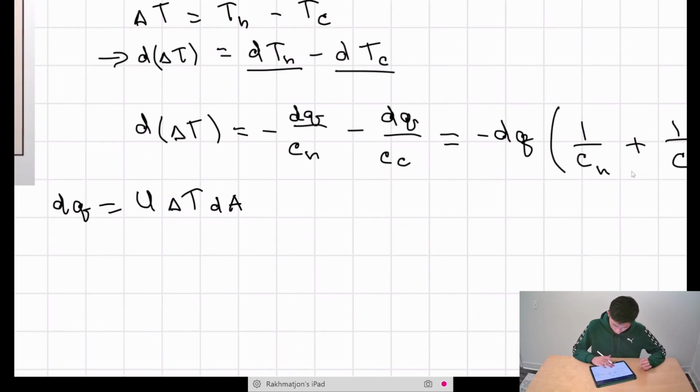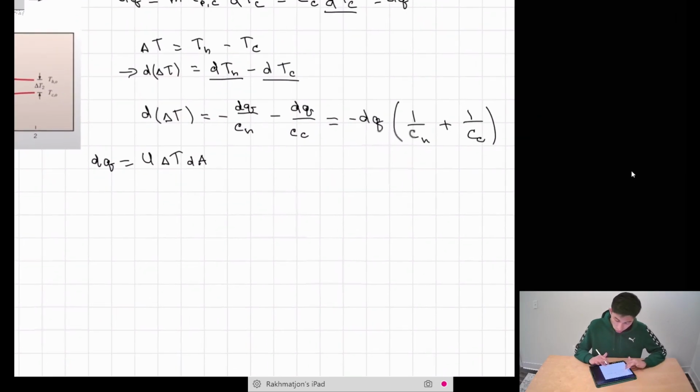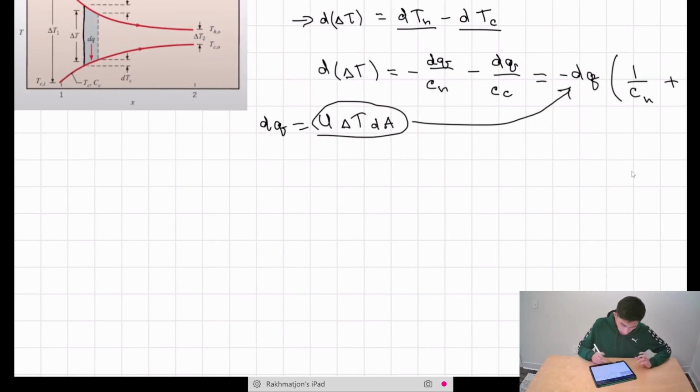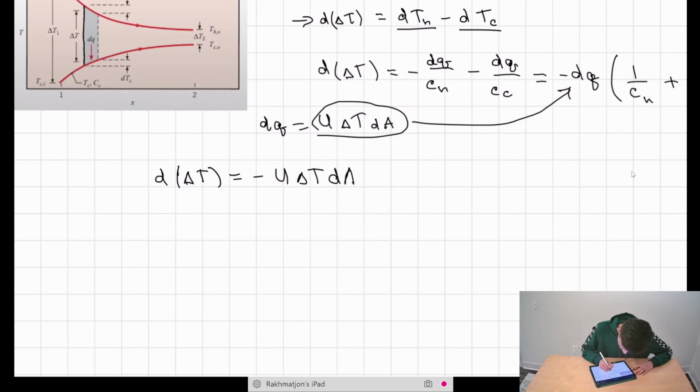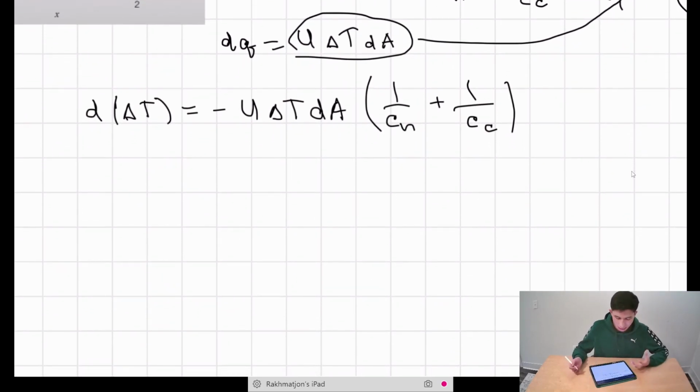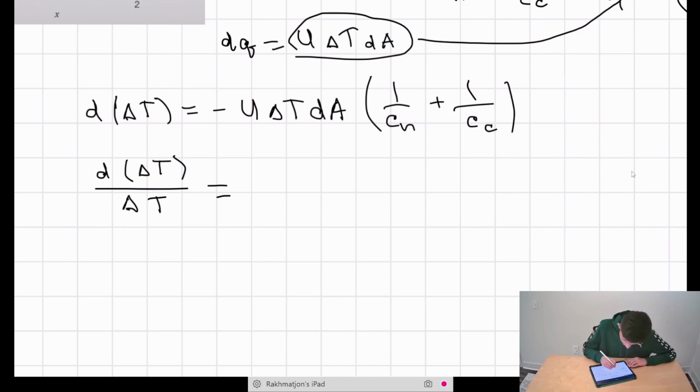Okay, so it is equal to dq, right? So we can replace this dq expression in our expression for d delta T, and what we're going to have here is d delta T is equal to negative U delta T dA times 1 over Ch plus 1 over Cc, right? Okay, so if we divide both sides by delta T, we have the differential of delta T over delta T equal to negative U times the differential of A